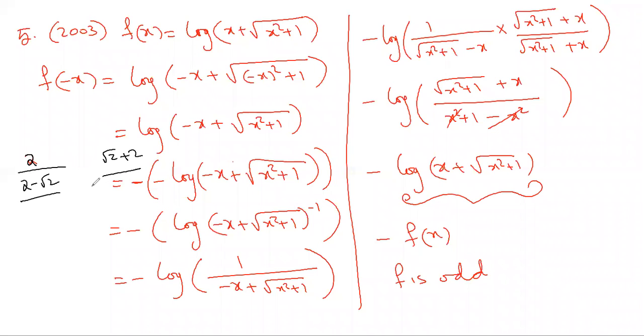Yes, yes. See, when I gave these two numbers, your first impression is that both of them are not equal. And your second impression is that this one is greater, because it looks like 2 plus root 2. It looks like 2 is divided with something, so it will be less than 2. See how wrong the assumptions are. First impression is these two are not equal. Second impression is this is greater than that. Both of them are wrong.